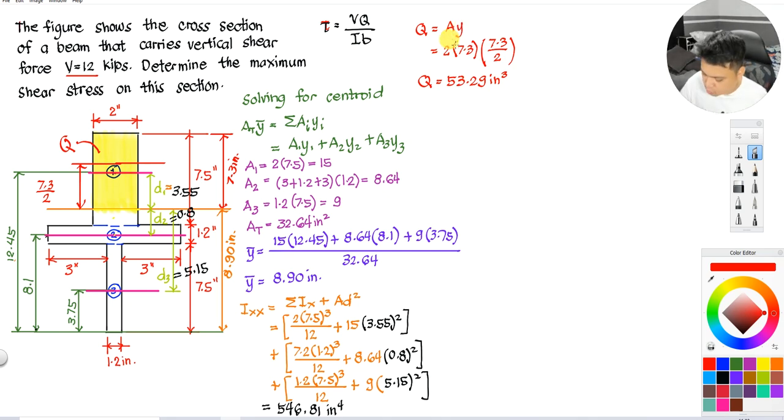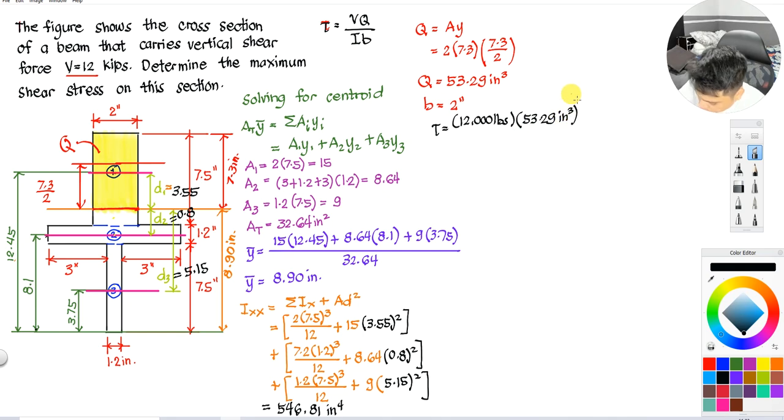Okay, so meron na akong Q. Ano yung gagamitin kong B? So, from the centroid, ito yung dito kasi mapuputol, dito mapuputol. Okay, so ibig sabihin, ito yung gagamitin nating B. So, which is 2 inches. Okay, so pwede na natin ngayon makuha yung shear stress. So, again, the V is 12. Okay, gagawin kong 1,000 para maging pounds. And then VQ, which is 53.29